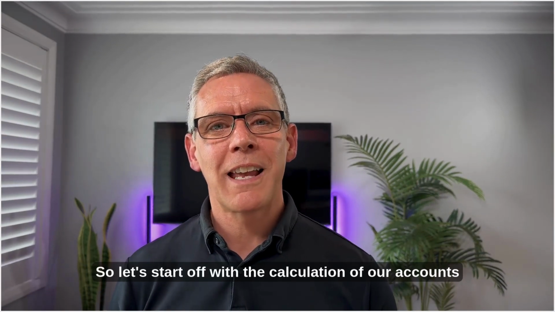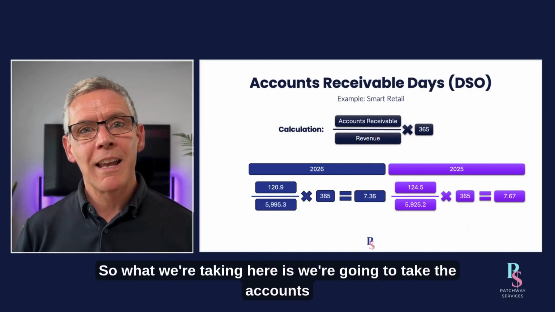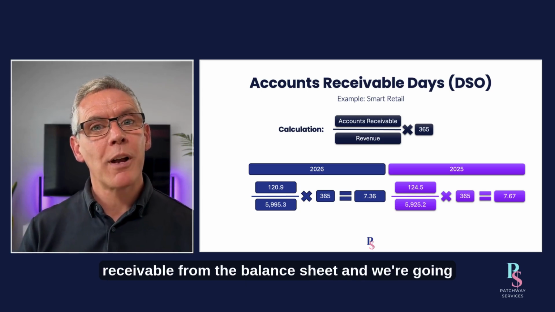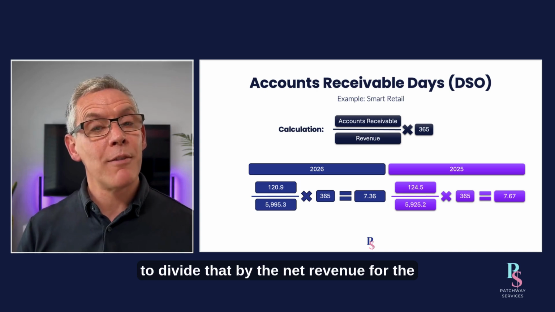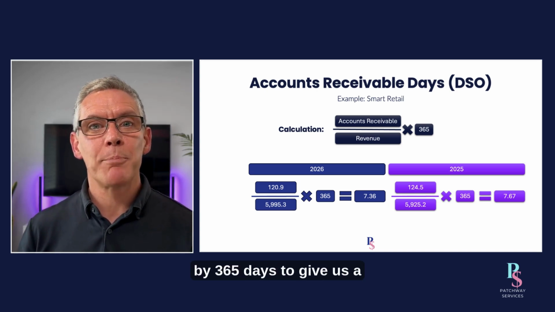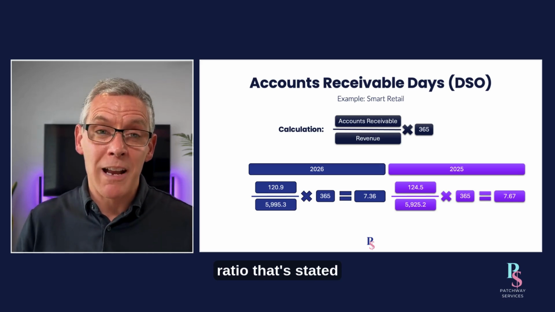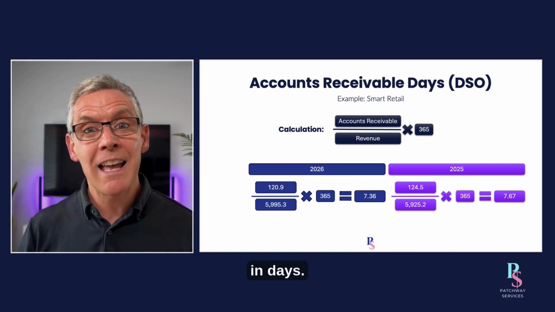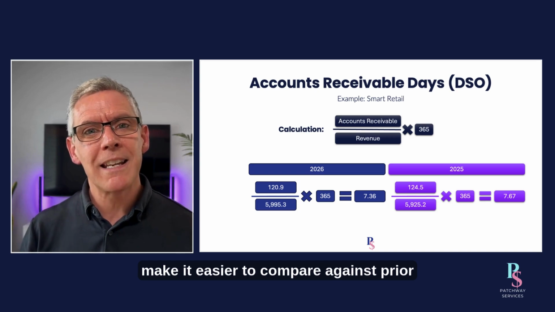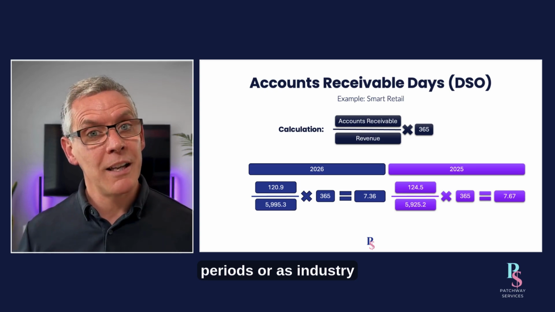So let's start off with the calculation of our accounts receivable days. What we're going to do here is take the accounts receivable from the balance sheet, and divide that by the net revenue for the year. And then we're going to multiply that by 365 days to give us a ratio that's stated in days, which really, the reason for doing that is just to make it easier to compare against prior periods